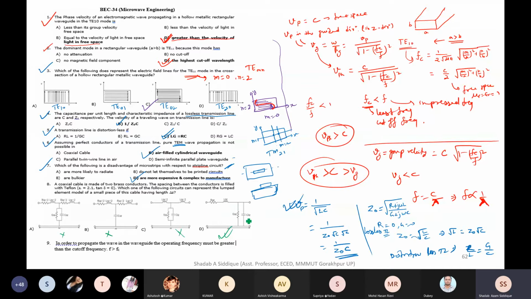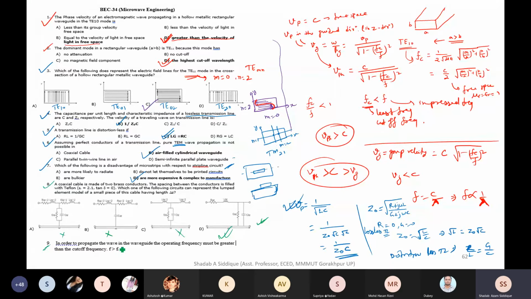Resistance, inductance. Yes. See, this conductance and capacitance can be on this side also, because it is a continuous model. It is a distributed circuit, so we can cut it from anywhere. I'll give you one problem on this also in the next or maybe next to next slide. So you know this is the correct answer. Okay, now we have another problem.